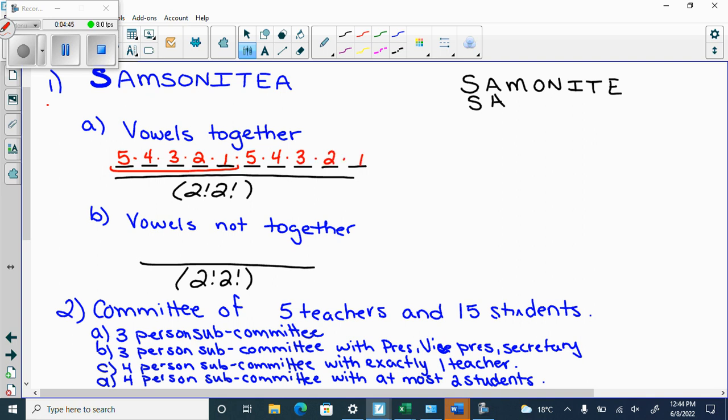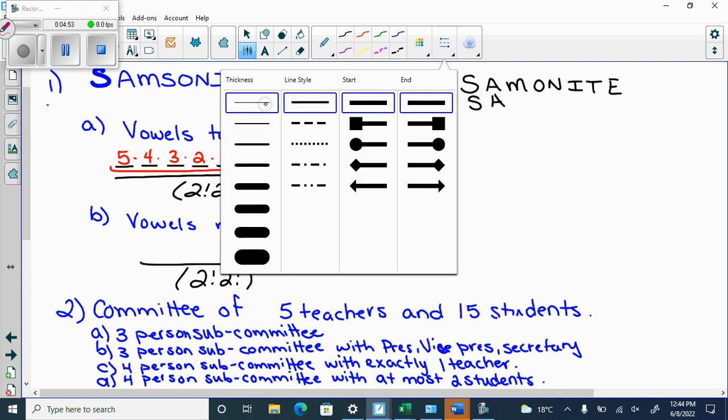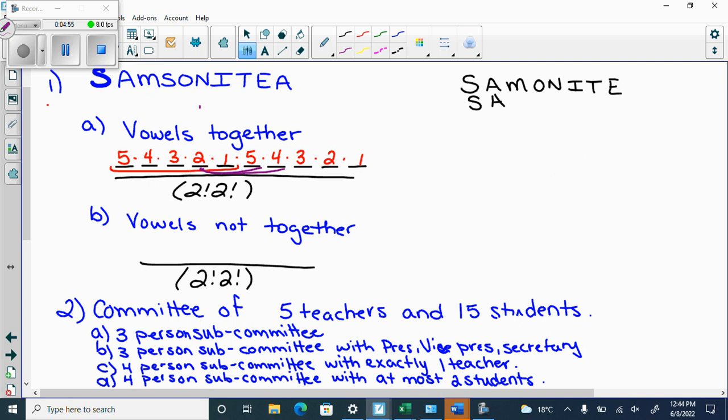And this would be the correct answer if I needed vowels together at the front. But we need to multiply it by how many places I could move it, which would be 6 because 1, 2, 3, 4, 5, 6, or always one more than the hooked together number. And that number will join the hooked together numbers, or after the hooked together numbers, and make its own factorial. Shh. Quiet, please. So we're going to get 5 factorial for the first ones, 6 factorial for the second ones,